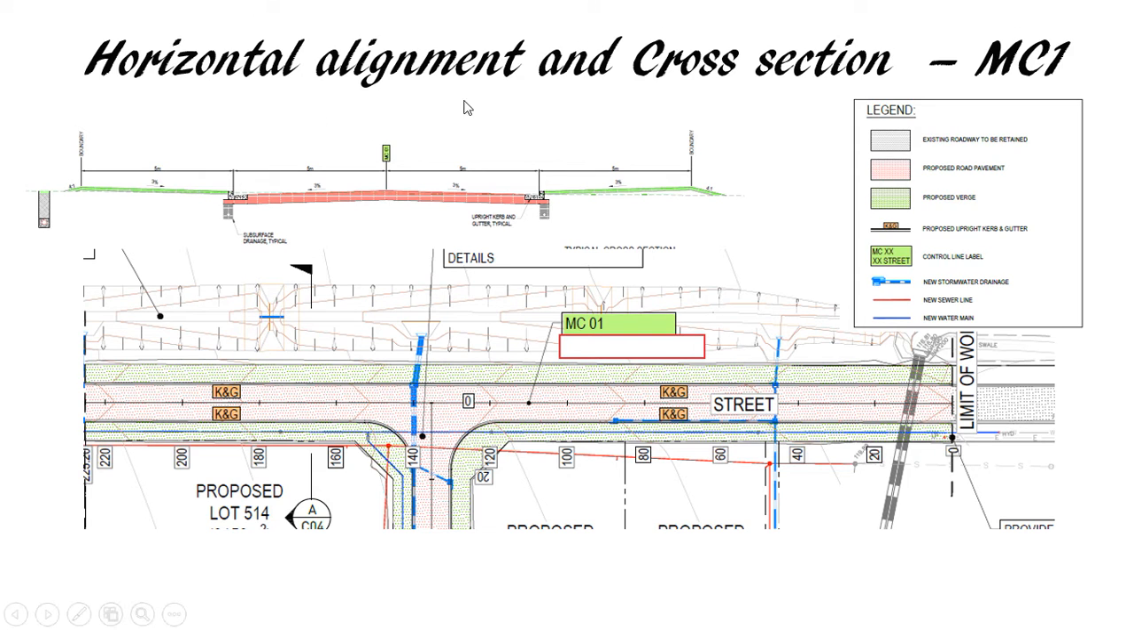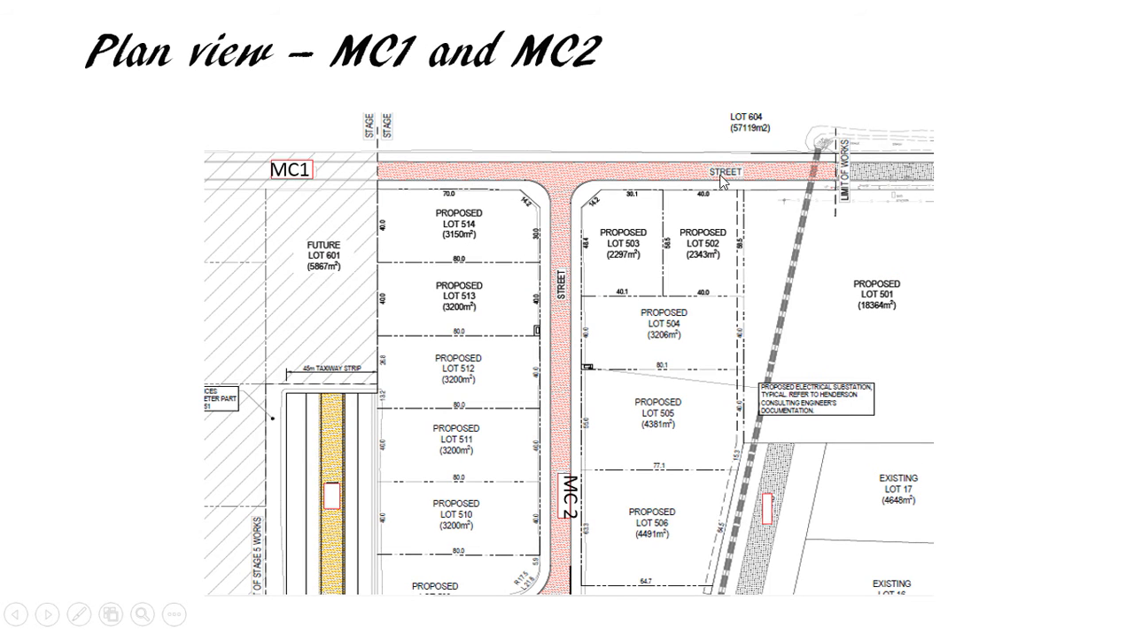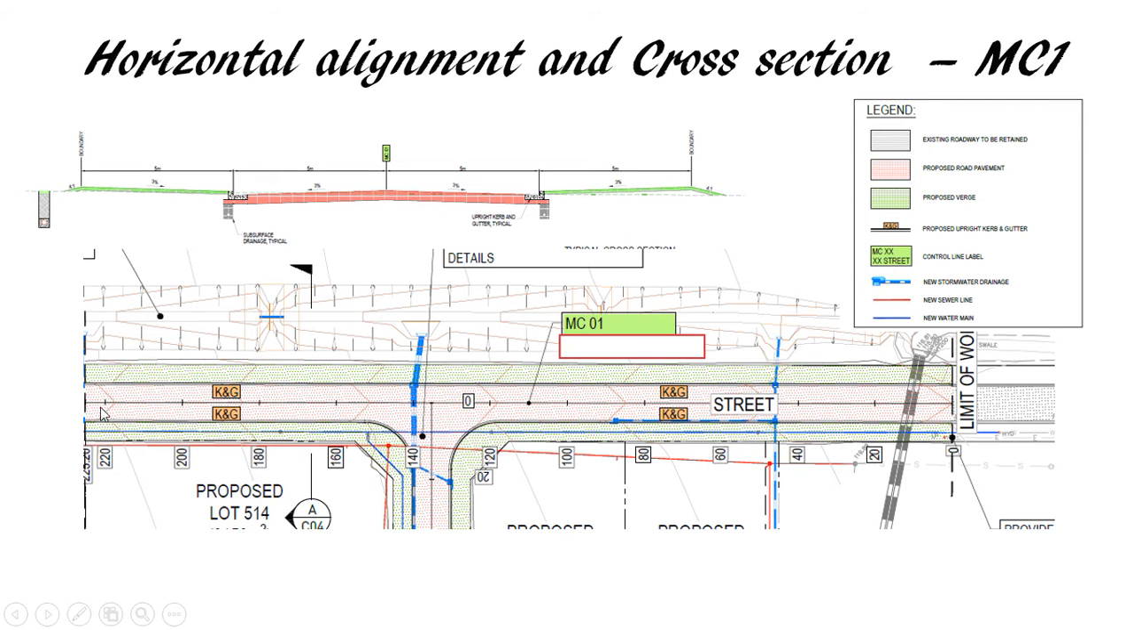This is the horizontal alignment and cross section of MC1. MC1 is nothing but the center line of this street. You can see in this drawing, the center line starts from 0 meter all the way to more than 220 meter. Each lane is 5 meter wide, with a 3% cross slope and a barrier curb and gutter, and the verge is 5 meter wide, sloping 3% cross fall